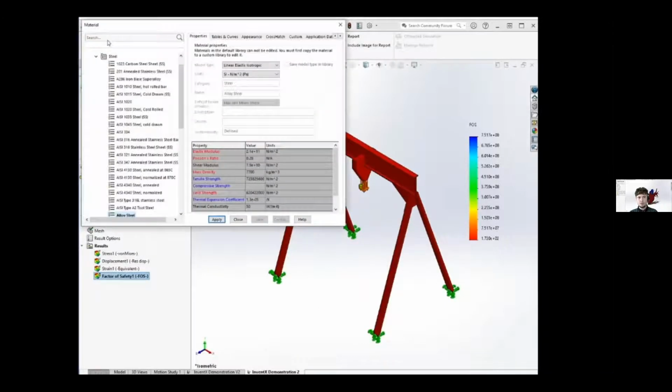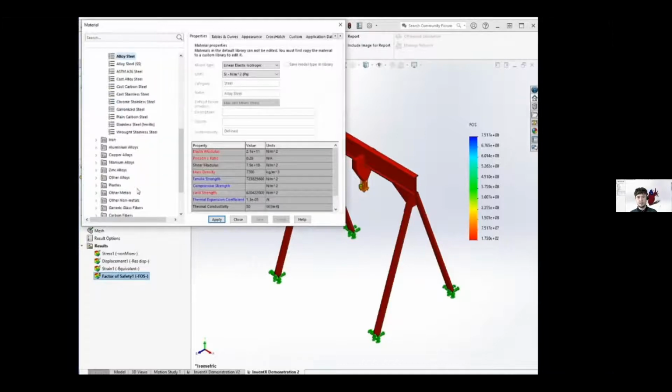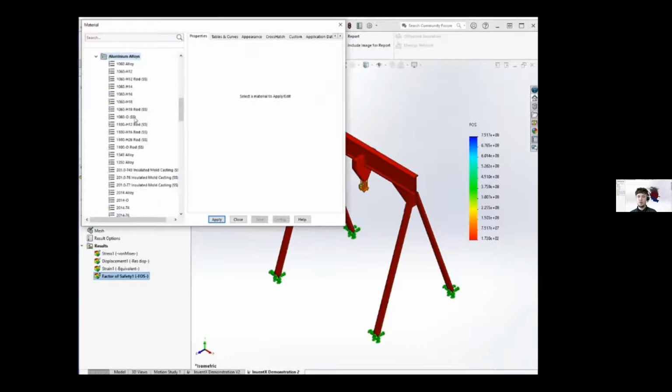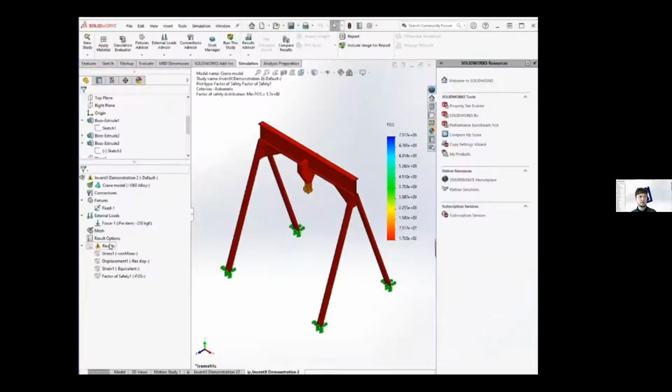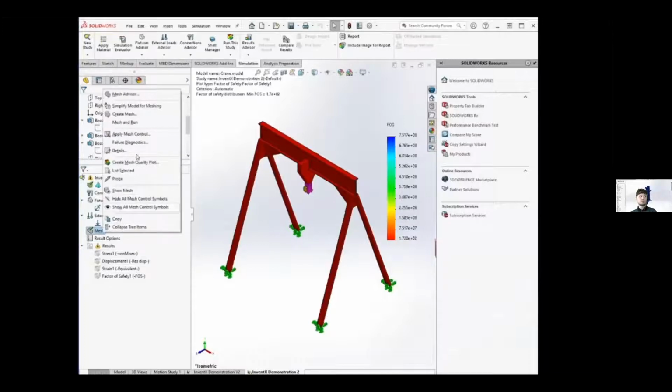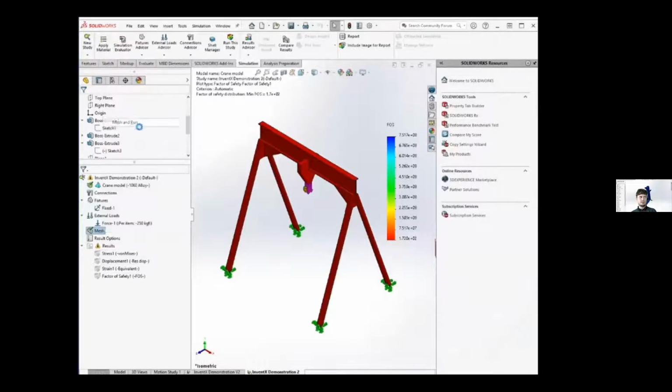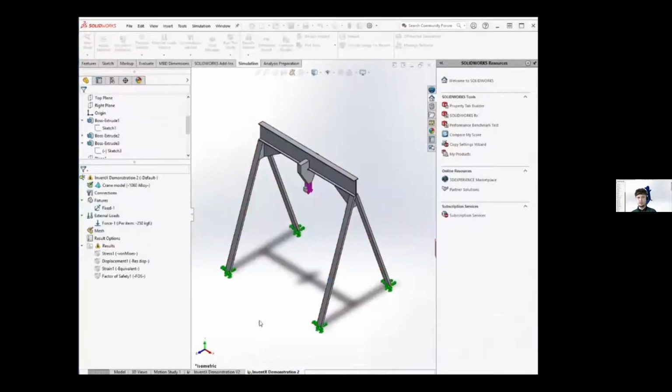So we can also change the material to see how it will act. The material we commonly use here at the Aura Innovation Center is nylon. Obviously, this material will not be suitable for this project, but just to show you how it would act within the software, I will be selecting nylon. And we'll have to create a mesh and run again, as this is different